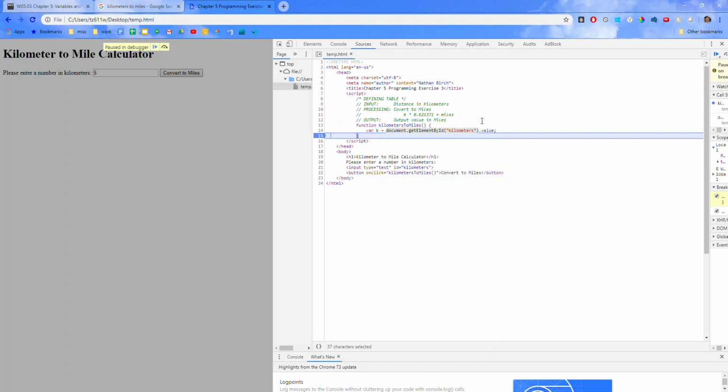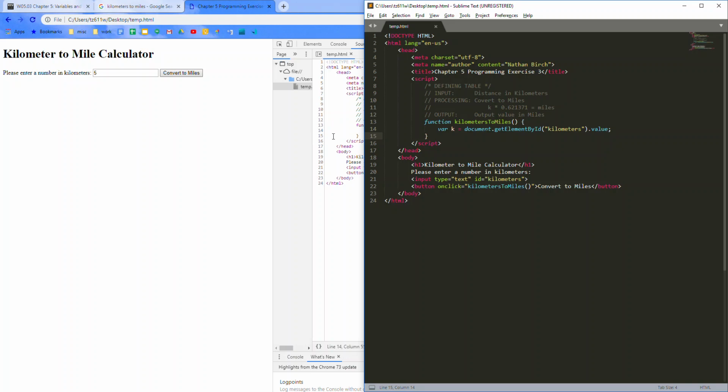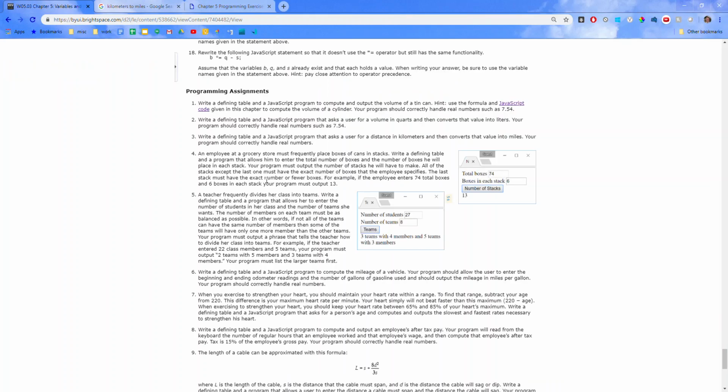Okay, and that's what the user typed in. Okay, so that's what we're going to get, and that is what will end up in K. Okay, so let's come back here real quick. So we get that value. Now, the assignment said we should be able to handle